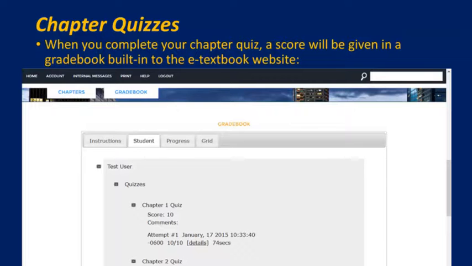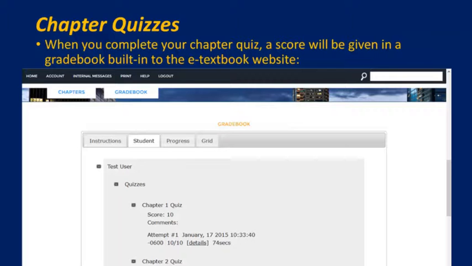So to find that, go ahead and click on Gradebook, and then where it says Test User, that should be your name. You then click on the little thing to the left of it, then it should pop up this quizzes option. Click on the left of that, and then you have all of your quizzes, which will be there as the semester goes on, and you'll see your score located there just below, for in this example, for the